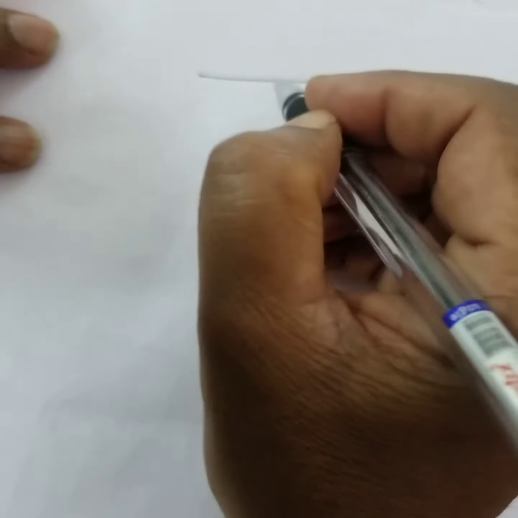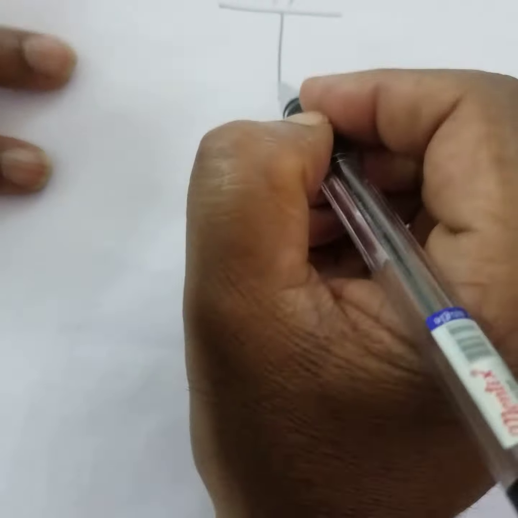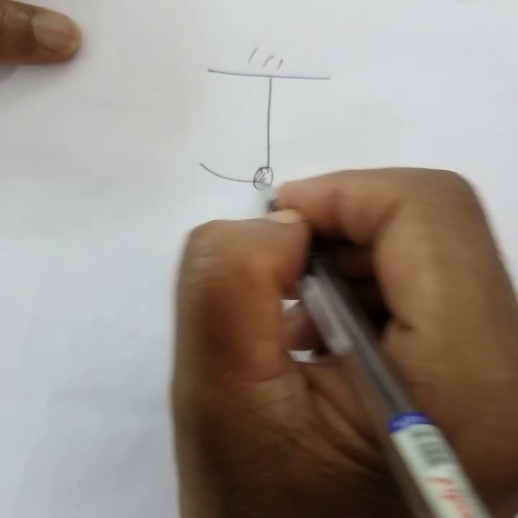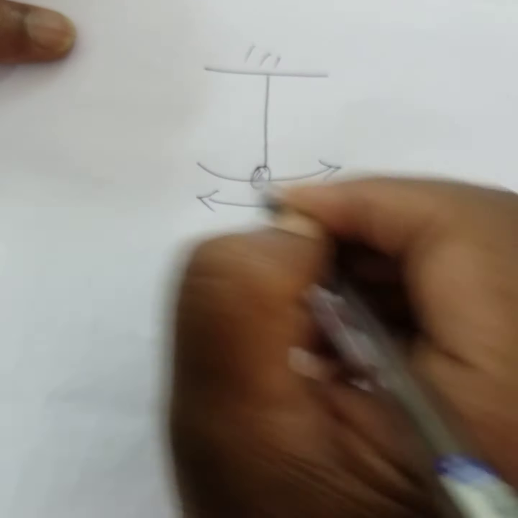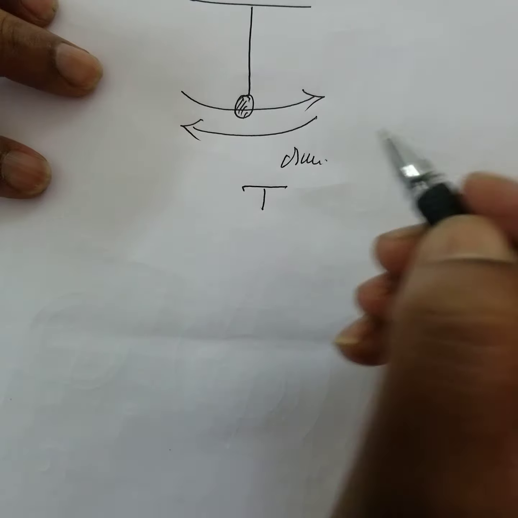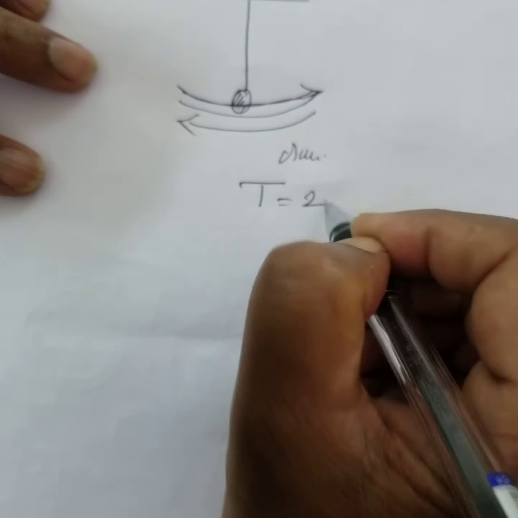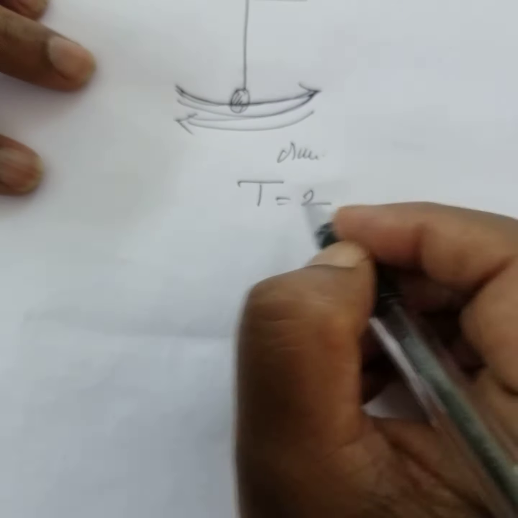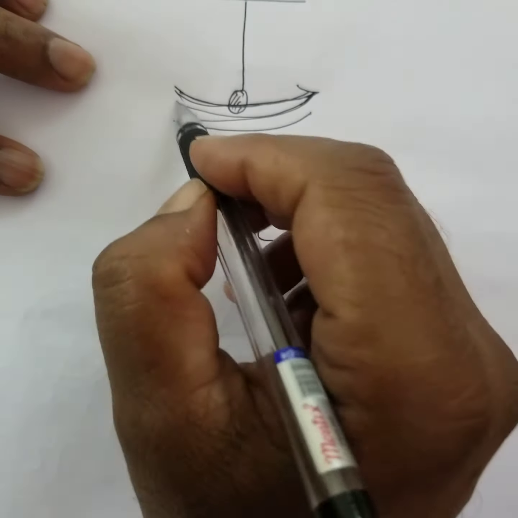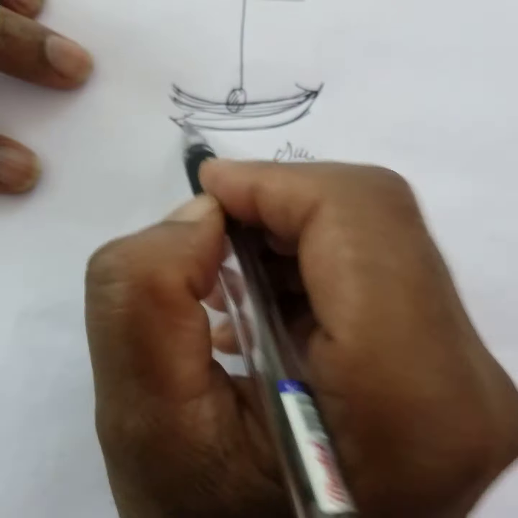See, if you take a body, this is the pendulum, and this is the mass. This type of to and fro motion is called oscillation. Time taken for one oscillation is called period. This is 1 second, this is 1 second, therefore the period is 2 seconds. Suppose this is 4 seconds and 4 seconds, the period is 8 seconds. This is 5 plus 5, that is to and fro motion, 10 seconds. Time taken for one oscillation.